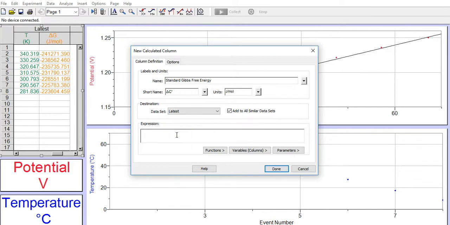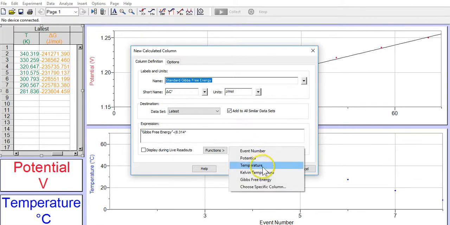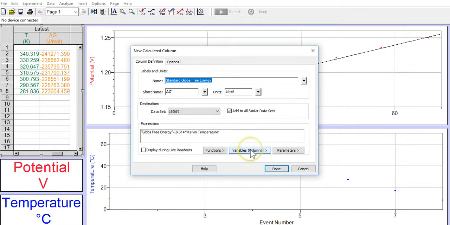So now with this expression, it's a little more complicated to type in. It's going to start with the variable, the Gibbs free energy that we calculated. And we know that's minus RT ln Q. So open up a parentheses. You're going to type in R, 8.314, times, oh, we need the temperature. Well, we have the Kelvin temperature, so click on variables and go down to Kelvin temperature. Make sure you're using the Kelvin temperature,